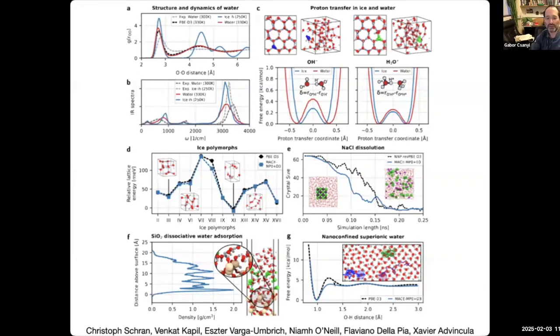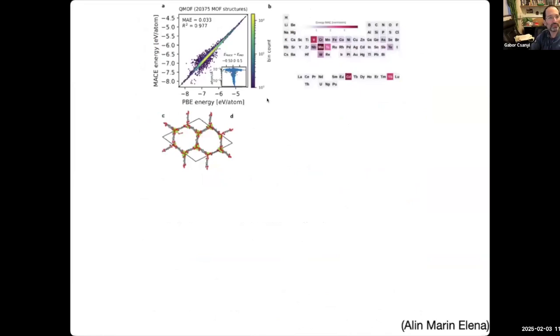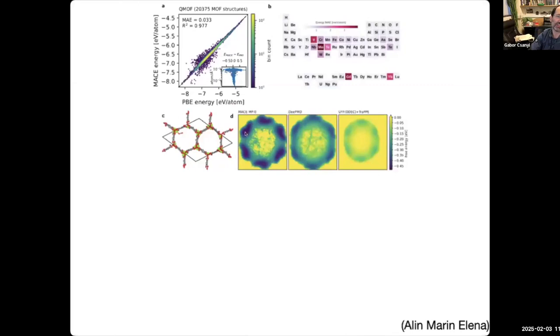The latest tweak, which is part of the resubmission, gets even the first peak really, really well. So everything here kind of works. MOFs is something that's not in the training set, but if you check against the QMOF database, we get kind of exquisite accuracy of MOF energies, and this is the free energy of binding of CO2 inside a MOF 74,